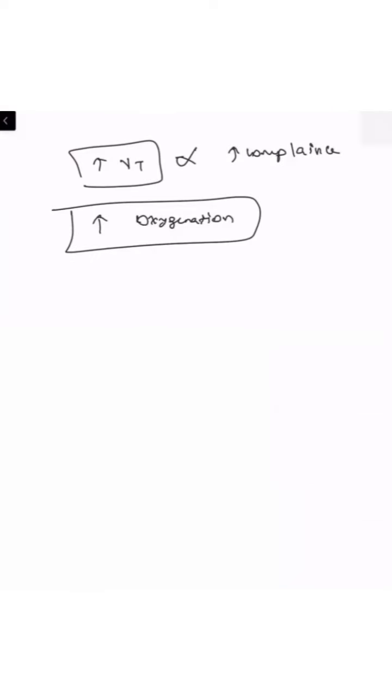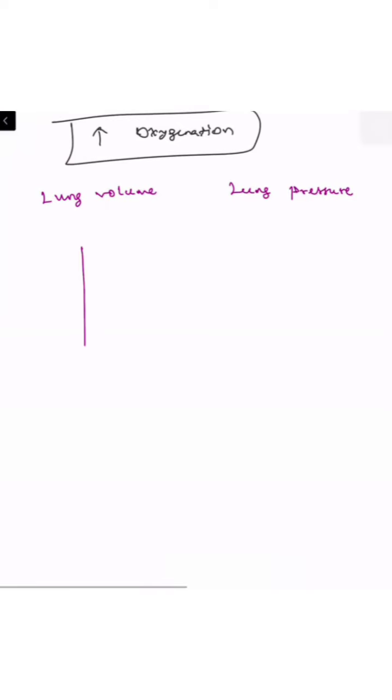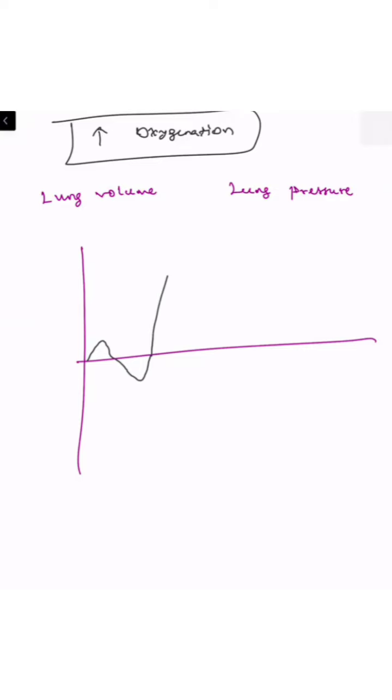So what are the normal lung volumes and normal lung pressures? In order to understand the mechanism of ventilation happening through the mechanical ventilator, we need to understand the normal lung volumes and normal lung pressures. Normal lung volumes can be easily demonstrated via a simple image. Normally we have the tidal volume, which is the normal air entering the lung during inspiration and expiration. Then we have the inspiratory reserve volume and the expiratory reserve volume.